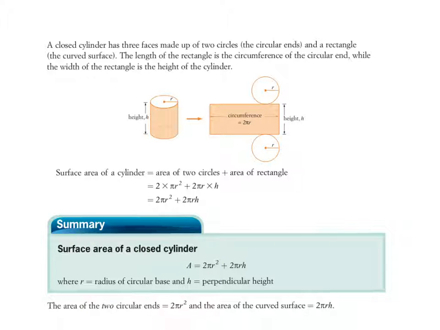Okay, so surface area of a cylinder is the same idea as surface area of a perimeter. You're talking about the area of each of the spaces that you can see on the outside. Now, as you can see, a cylinder is made up of a circle on top, a circle on